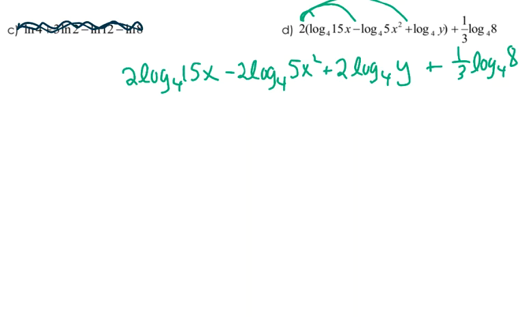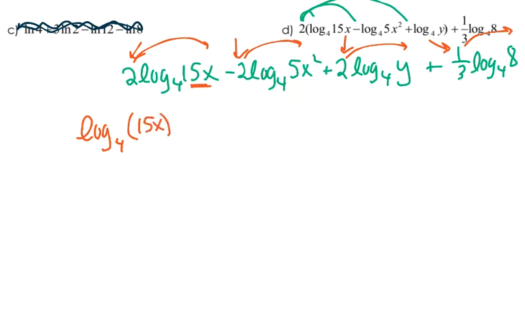Now remember, I don't want any of these numbers in front of logs. So what I'm going to do with each of those values in front is make them become exponents. Before I start writing this, let me point out that this first term has a 15 and an x, so I'm going to have to put parentheses around that before I square it. So I've got log base 4, all of 15x squared,